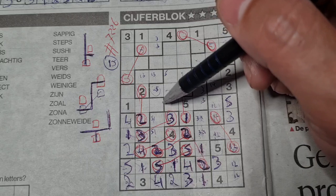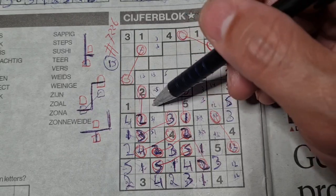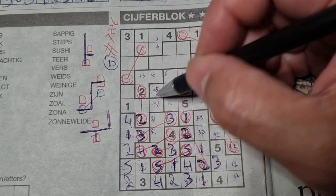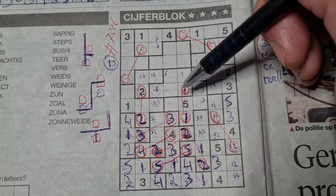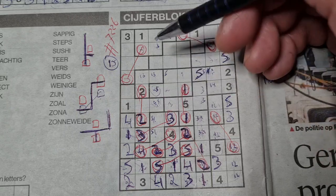1, 2, 3. This box will be 4 or 5. Because it can be 1, can be 2, can be 3. 4, 5. 5 and 1. Okay. 1, 3, 5, 2, and the 4. Well,